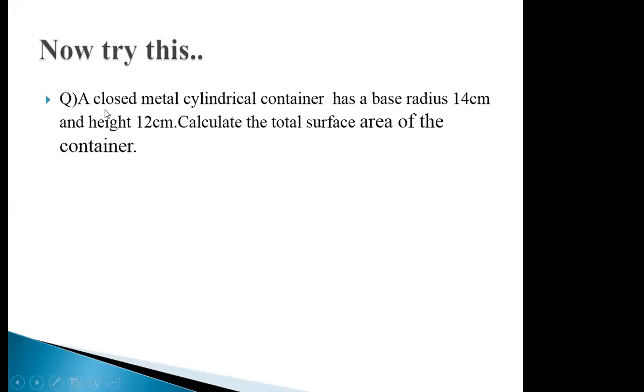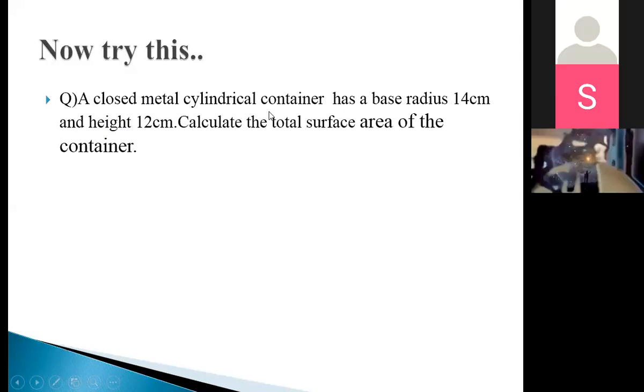Okay, you can use 3.142, but it's better, Taha, that if you take 22 upon 7, all right? And whatever value you're taking, you just show the calculation on the right hand side. All right, so please, I'm focusing on the word closed, means that it has a lid, it has two circles, one at top and one on the bottom. All right, so a closed metal cylindrical container has a base radius 14 centimeter. So base radius is 14 and diameter will be, type in the chat box, what will be the diameter if radius is 14?